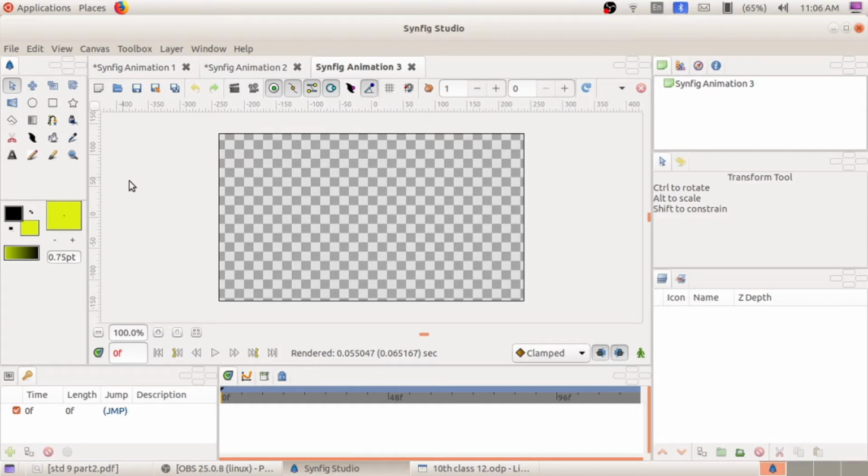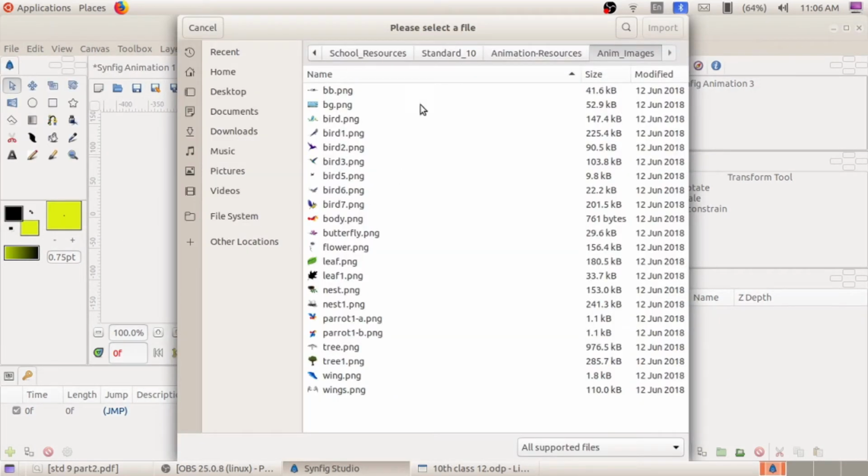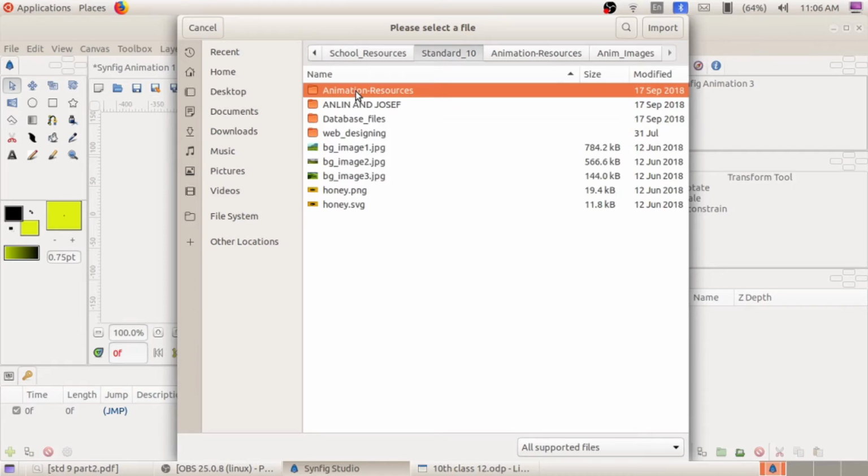Okay, so listen to your textbook activity 9.8, bird flying towards the branch of a tree. First we require a background image that includes sky and a tree, and we also have to import a bird image. So go to the File option, select the Import option. Don't select the Open option, go to File, Import option. Click on this option so that you can see the corresponding home folder, School Resources, Standard 10, Animation Resources folder,